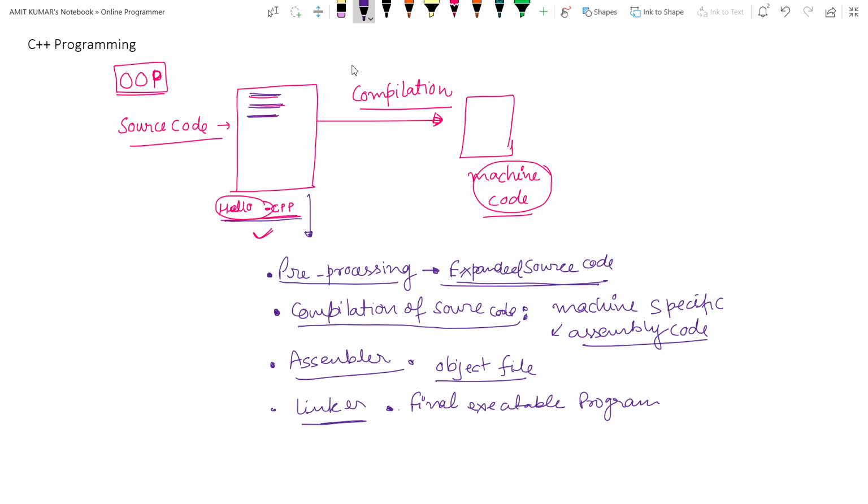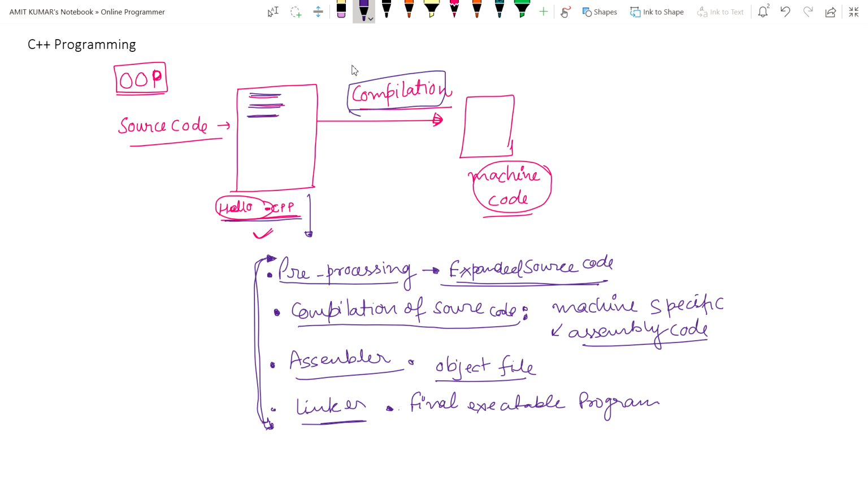So these are the steps that are involved. Don't worry if you are not getting all these steps. You will get all of them very soon, as you start practicing writing programs. For now, just remember that this is the process involved when we convert our source file to machine code, and this process is known as compilation.